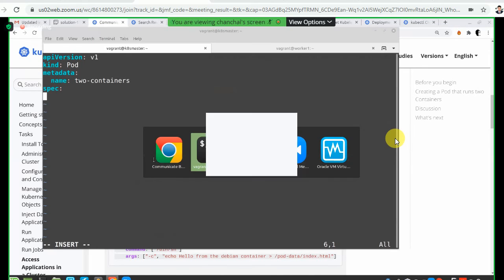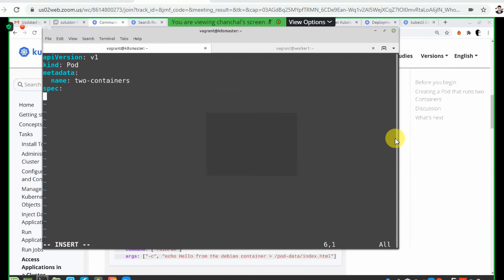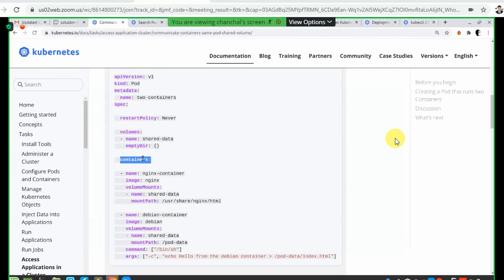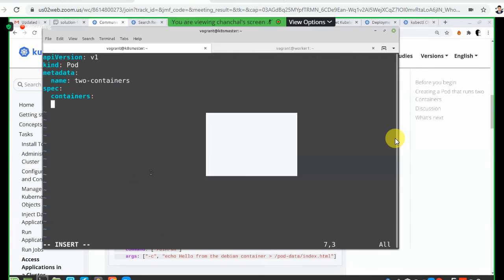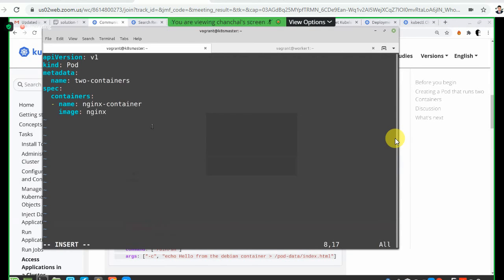This is the first one. Insert containers, then next one will be name and image. That's all. So we are going to type it something like this, and then paste it again. Name Nginx, paste it again.